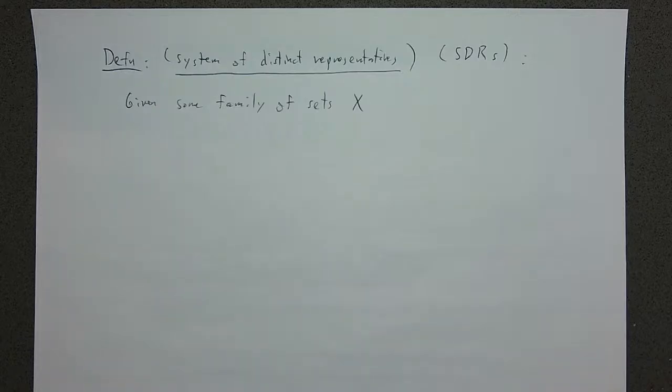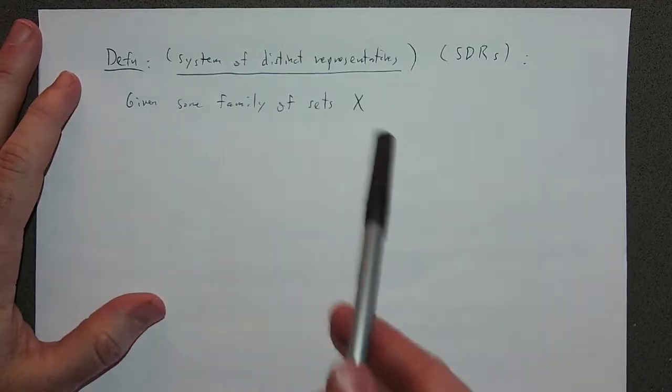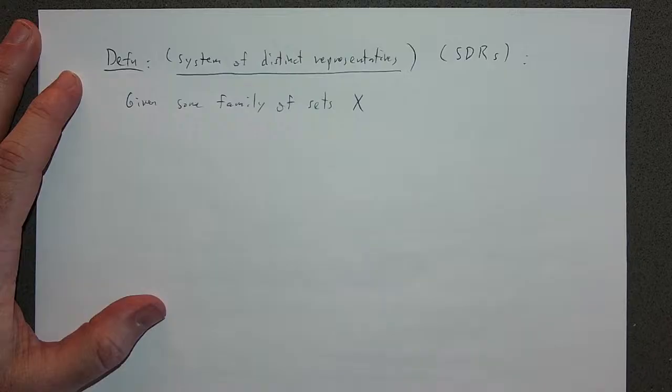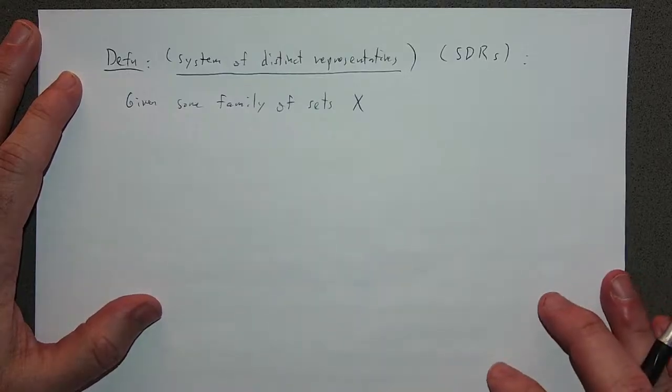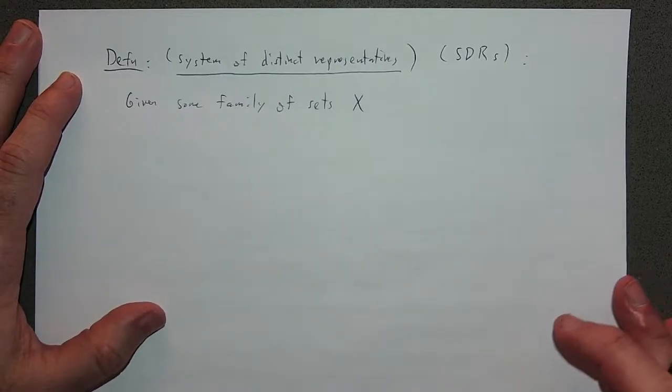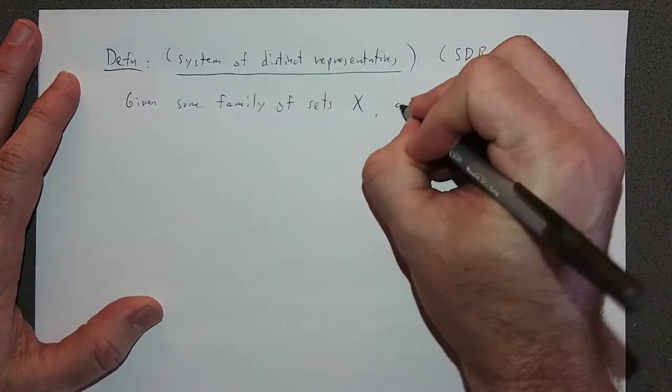So when you talk about sets of sets, because everything we're talking about is finite, we're talking about finite collections of sets in all these cases, so it's not a problem. But anytime you say a set of sets or a set of all sets that have some property, you start getting into all kinds of issues. That's why linguistically you'll see people coming up with all sorts of euphemisms and swaps, so you'll say collection of sets, family of sets, whatever. Yeah, so given some family of sets X, so this is a set of sets,